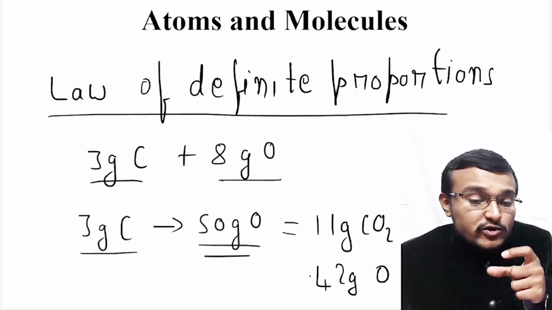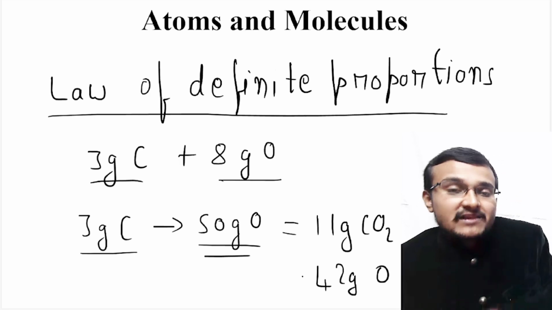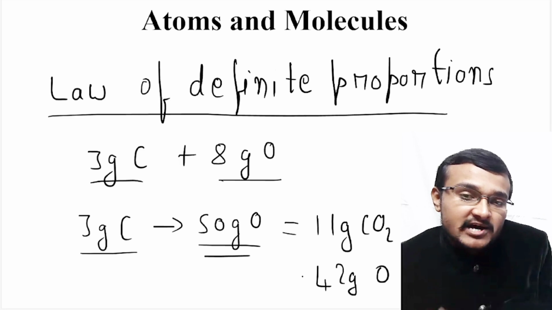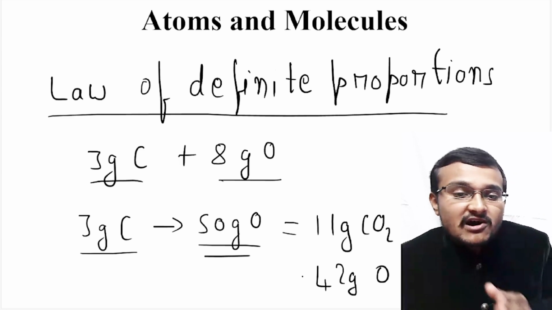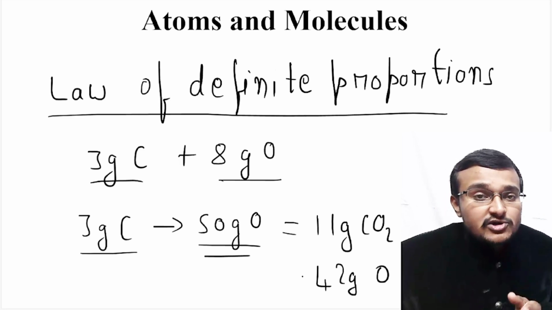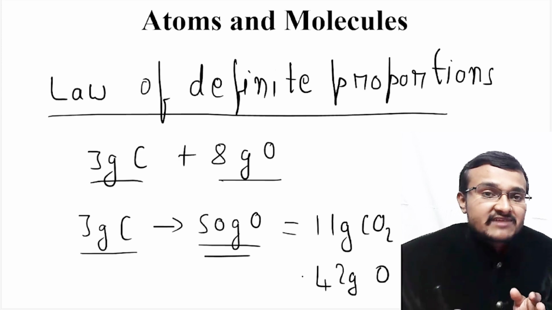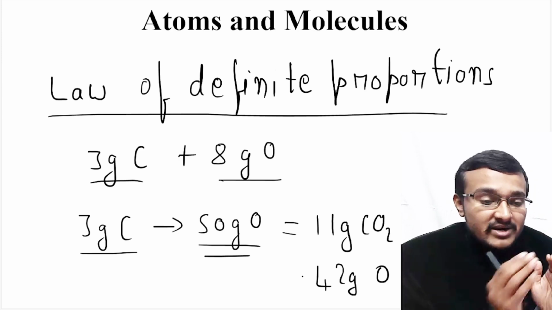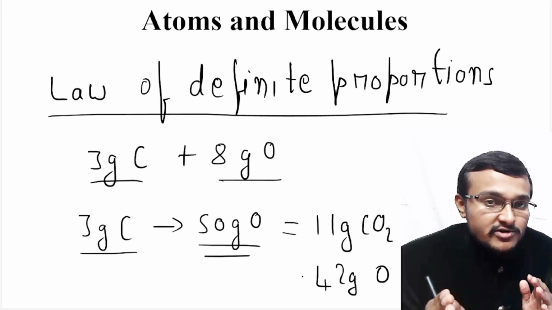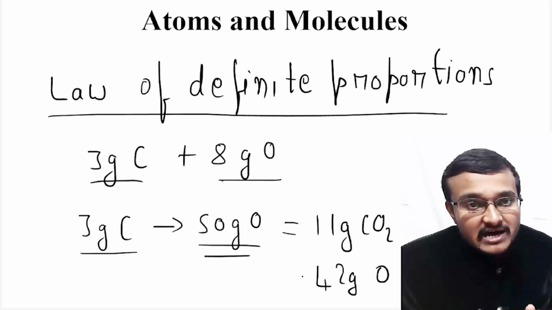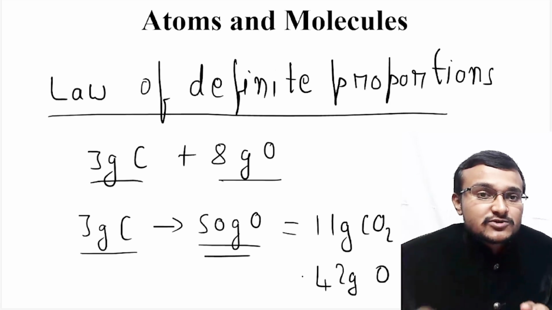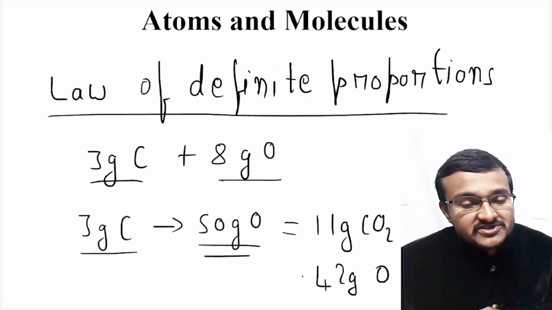8 gram of oxygen out of 50 gram of oxygen will react with 3 gram of carbon to produce 11 gram of carbon dioxide. Because according to the law of definite proportions, if you want all 50 gram of oxygen to react with carbon, then that much amount of carbon should be there. But here they are not giving more carbon, they are giving just 3 gram of carbon, and 3 gram of carbon can only react with 8 gram of oxygen to form 11 gram of carbon dioxide according to